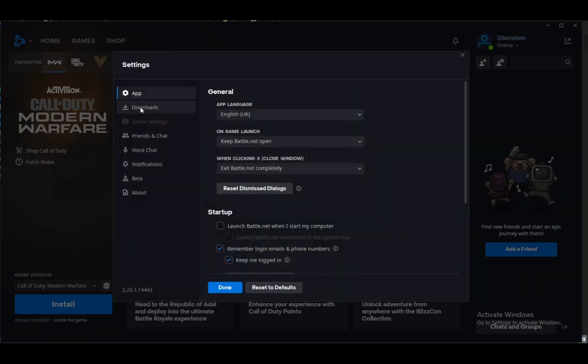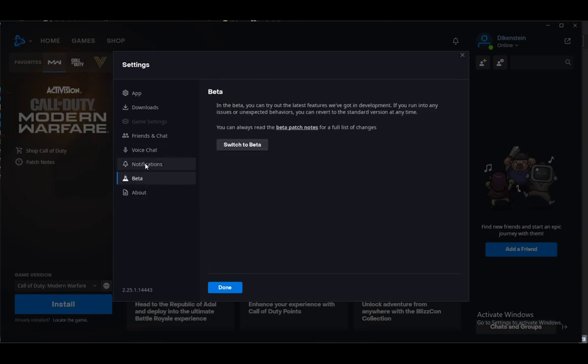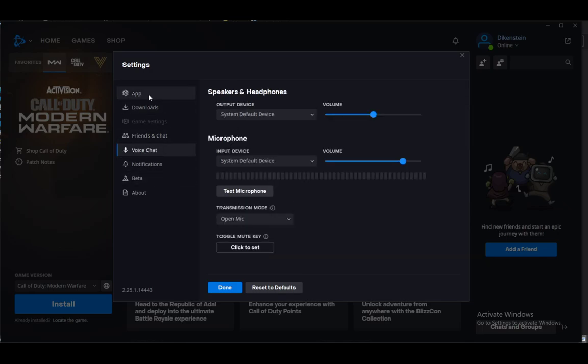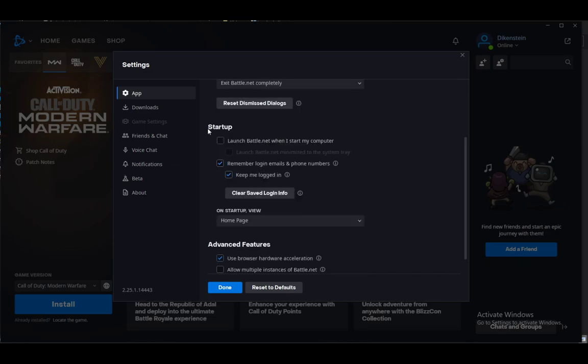Once you click on that, you will get taken to the settings. Here you see all these different settings sections or groups. However, the one you want to go to is the app settings, which is the one that'll automatically be opened when you click on settings. Here you'll see all the general settings, and among them you see the startup. Under the startup, you'll see all these checkboxes, one of which is launch Battle.net when I start my computer,